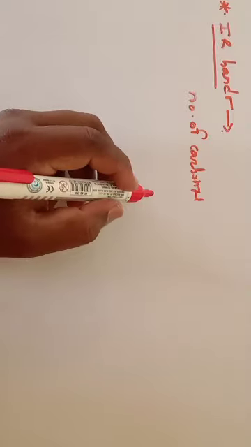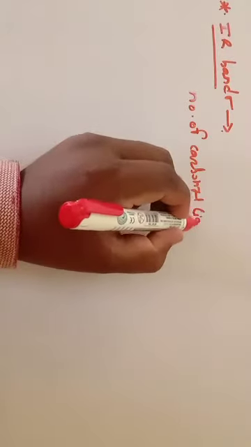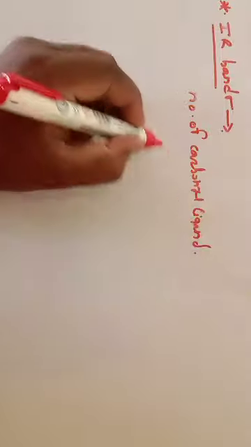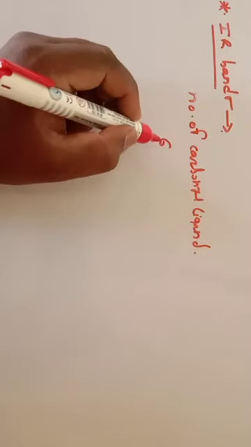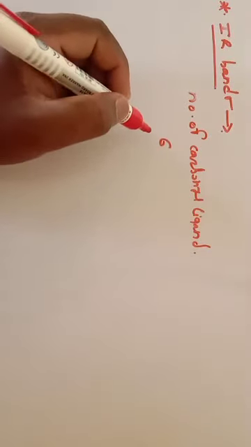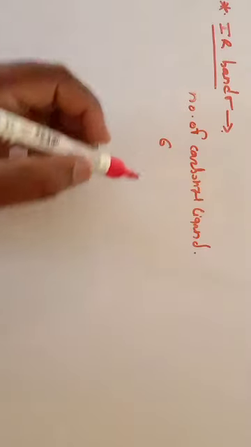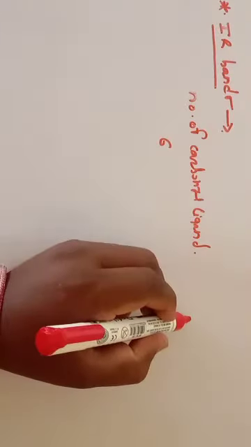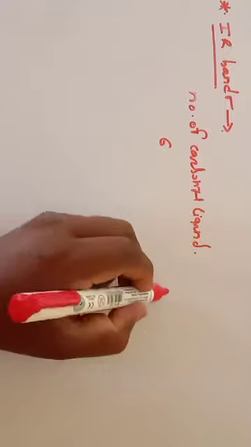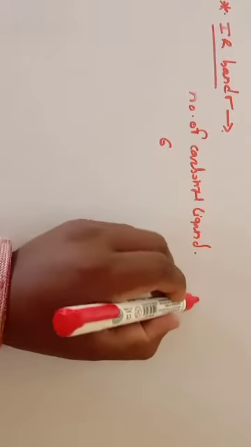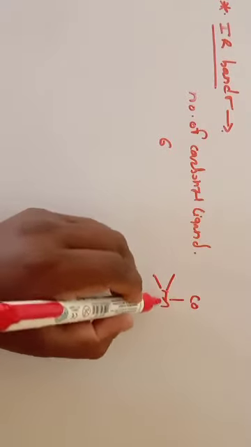Number of carbonyl ligands is 6. If the number of carbonyl ligands is 6, then we know that the geometry is a perfect octahedron. So there are a total of 6 carbonyls,